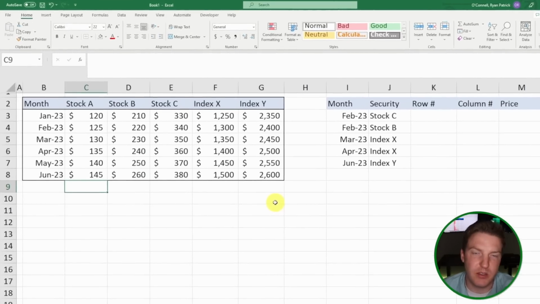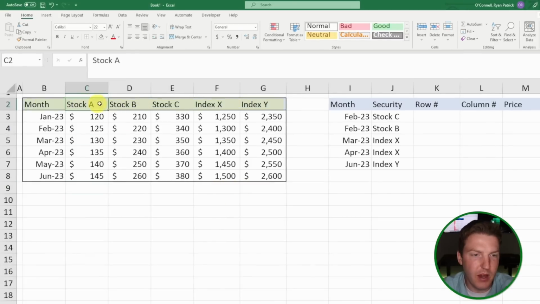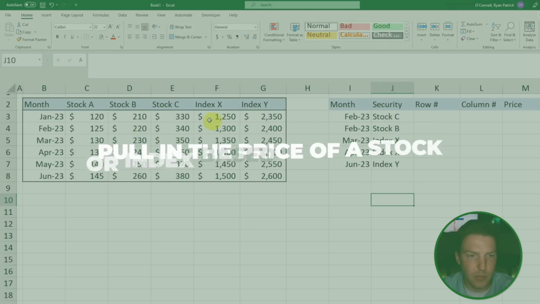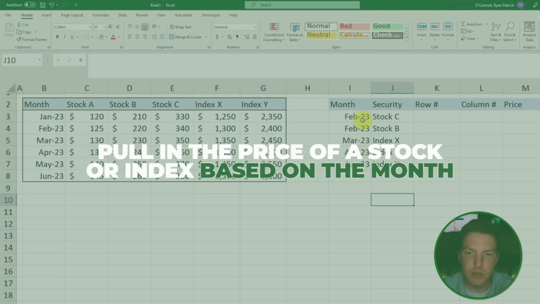So what we have here is a table of stock or index prices. On the top, we've got our stocks and index listed as column headers. And then over here on the left side, we have our months listed as row headers. And so what we're wanting to do is pull in the price of a stock or index based on a